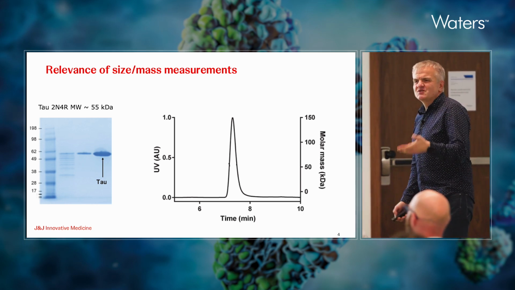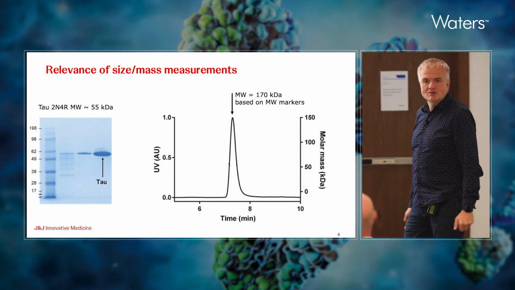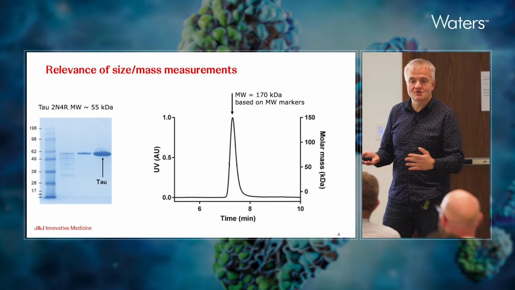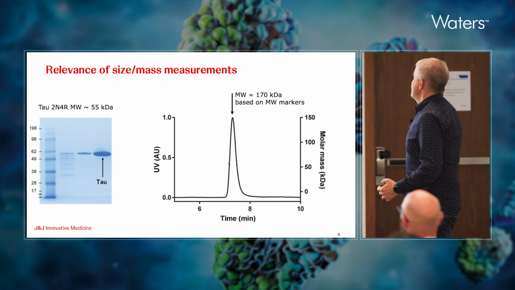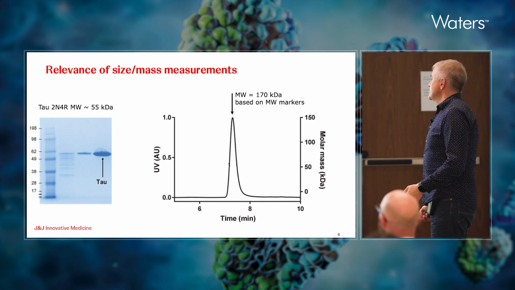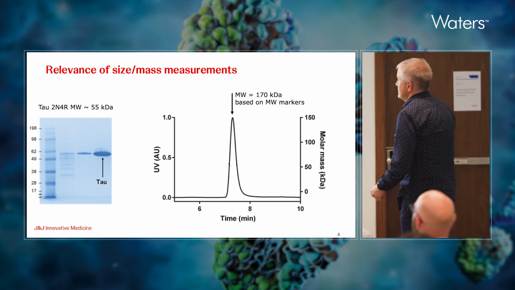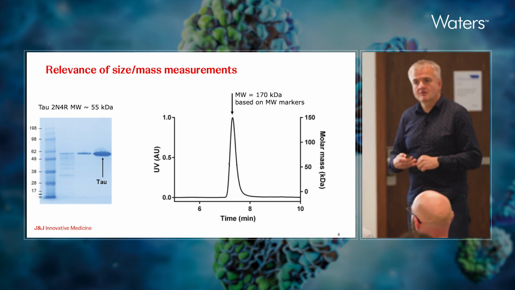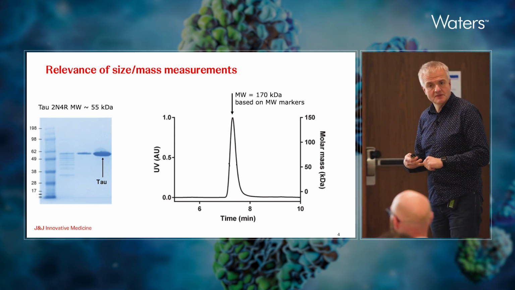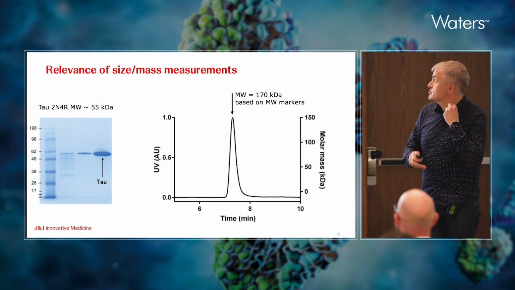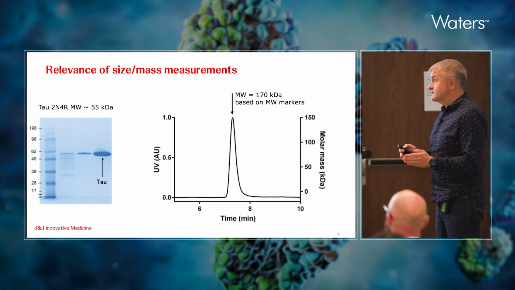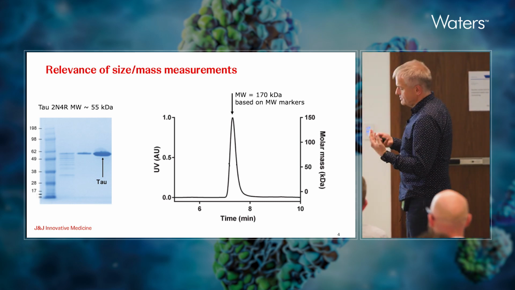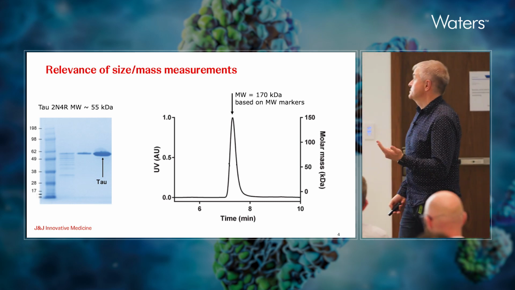And then why not, just to make sure that we are right, do also size exclusion chromatography. And again, we see a beautiful, big, homogeneous peak by eye. The only problem is that based on this positioning, you would tell that this protein has a molecular weight of 170 kilodaltons. Now that would correspond more or less to a trimer. Now, like I said before, this is one of the culprits in Alzheimer's, and the mechanism of pathogenesis in Alzheimer's is not really elucidated. So at this point, there are only 2 options.